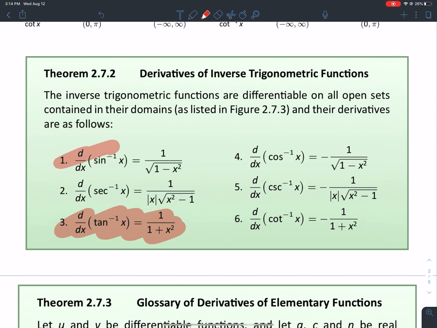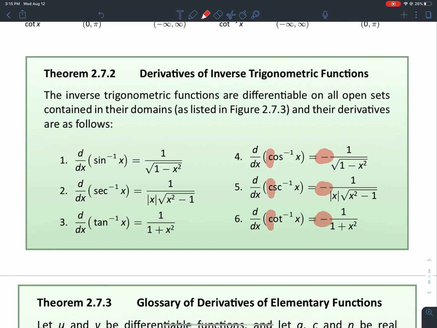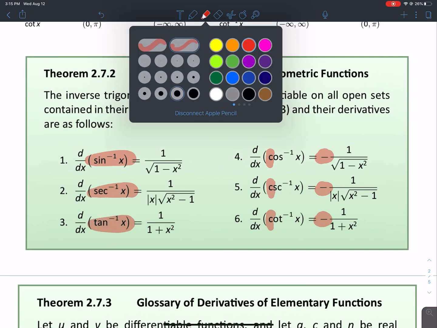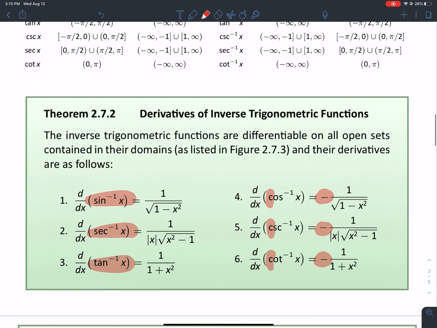Especially this one and this one. I like this one and this one because, look, I don't know if you noticed, the only thing that's different between these is that these are negative. So really you're only memorizing 3, okay? And then you got your same trick with the trig functions. The c's are negative, okay? So if you can memorize the sine, the secant, and the tangent inverse, all those inverses, then all you have to do to get the cosine, cosecant, and cotangent is know that they're the negatives for the cofunctions, okay? All right, so that concludes